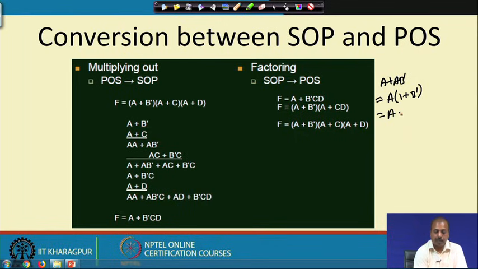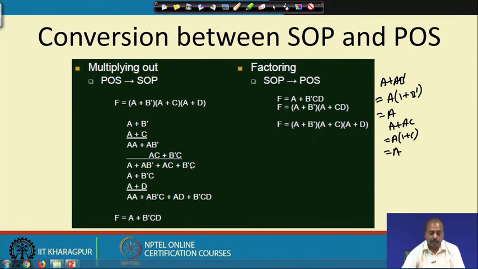So the first part a plus a b bar can be converted into a. Now this a plus a c can again be converted into a into 1 plus c, that is equal to a. So the first three terms of the expression here boil down to a.